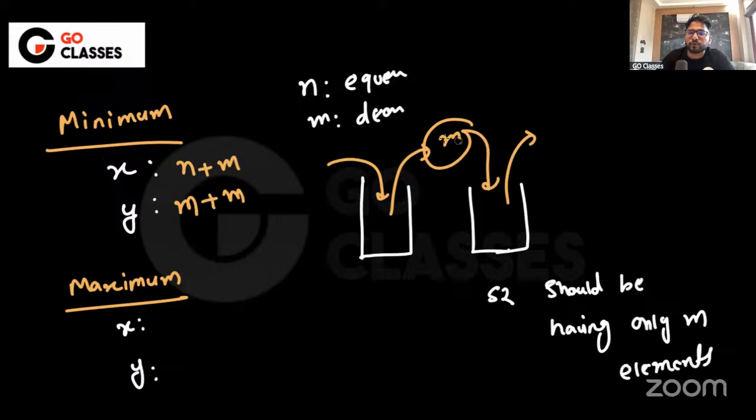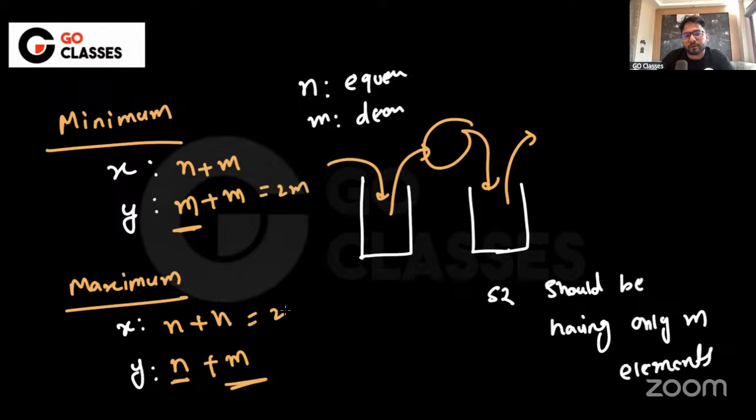What is the maximum that you will be doing? For the maximum, you can say you are pushing all the elements anyway here, right? Now you will be transferring all the elements from here to here, right? So popping n elements, earlier it was m, remember, earlier it was m, right? Now from here to here, they are popping and then pushing all the n elements, right? All the elements, n elements you're pushing. But for the pop, obviously you have to only pop m elements, okay? This will be m. Is this understood to everyone? Let me know. Okay. So this is n plus m and this is 2m. This is 2n and this is n plus m.